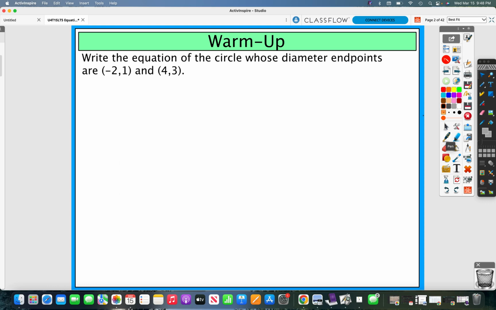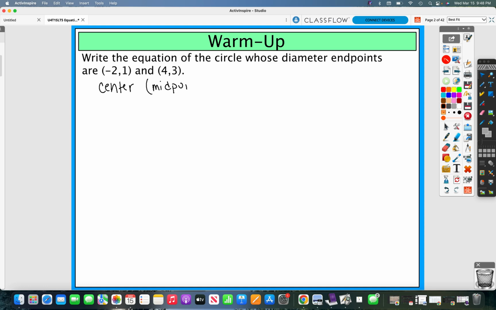All right, so if we're going to write the equation of a circle whose diameter endpoints are (-2, 1) and (4, 3), we have to use our two formulas, which is the midpoint formula to find the center, and then the distance formula to find the length of the radius. So in order to, again, find the center of the circle, I'm going to use the midpoint formula